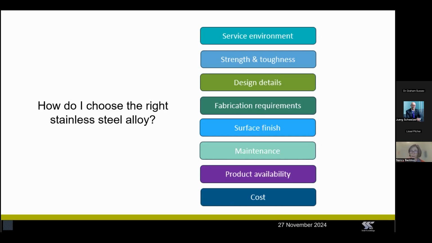Rain washing is good, by the way. That's good. It washes off contaminants. So you want it to be exposed to rain. If it's very sheltered, then contaminants can build up. So service environment, both the macro and the micro scale, are really important. But there are these other issues you'd also want to think through, like strength and the details, how the structure will be fabricated, what finish is required. It's easier to get certain finishes on austenitic rather than duplex,